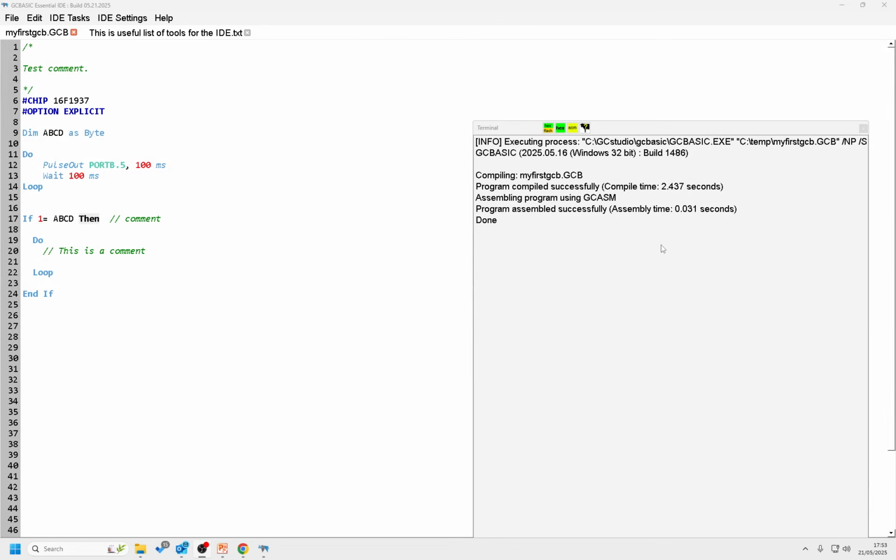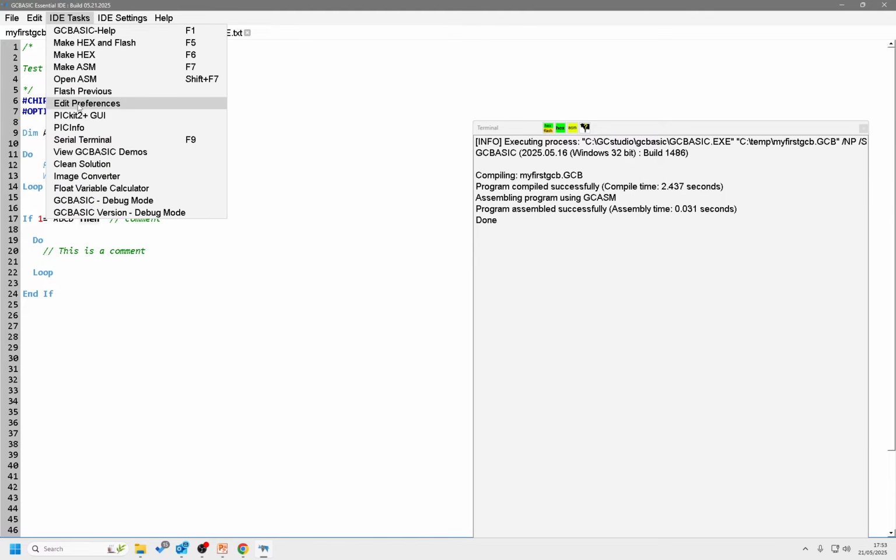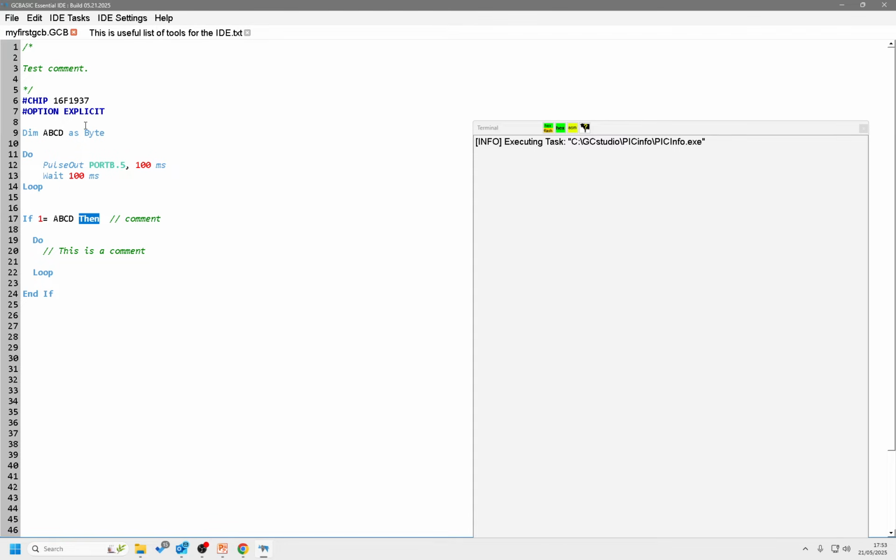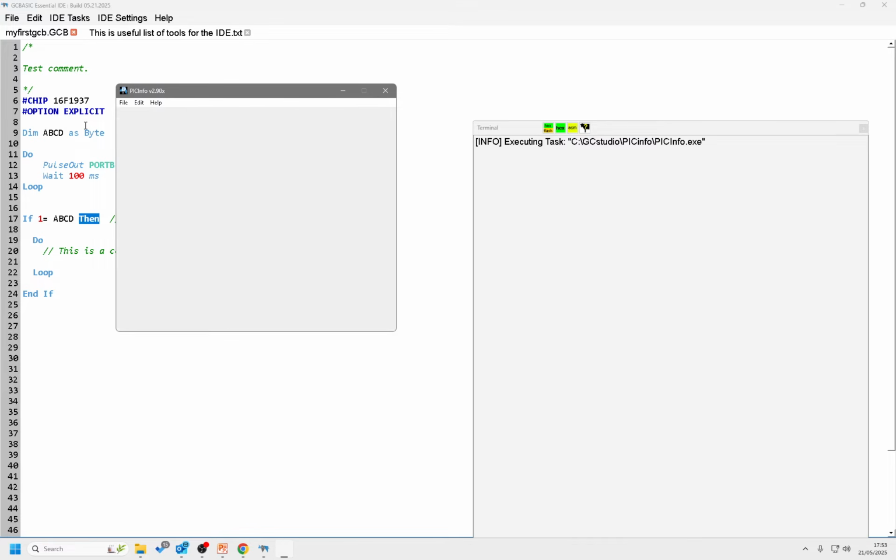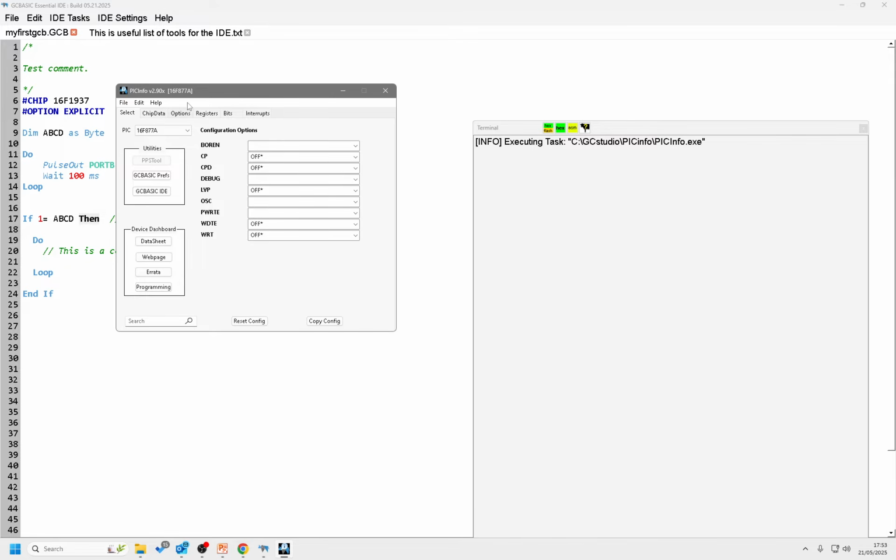It's just done it. That's fine. And so I've got all the standard things that I need to develop a solution in GCBASIC. So here is all access to the tools. And this is pretty vague to find inside of GC